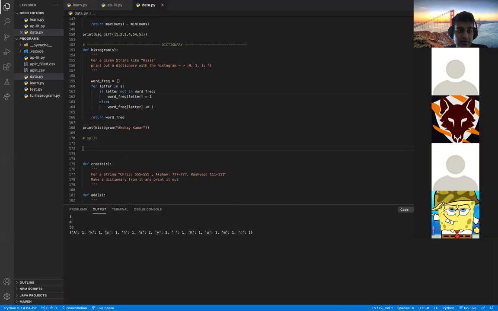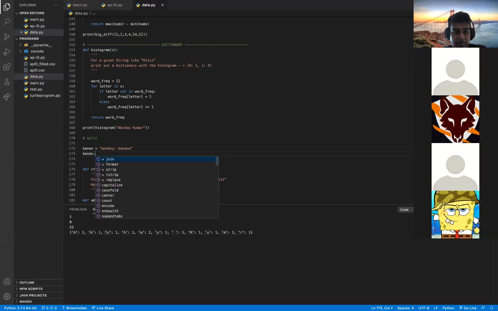Split. So if I have a string, let's call it banana. Okay, we'll call it monkey banana. Okay? I said we have something like that. Kind of similar to the dictionary notation. Now what we can do is we can split monkey and banana into 2 separate values or into strings within a list using the split function. So we say split,